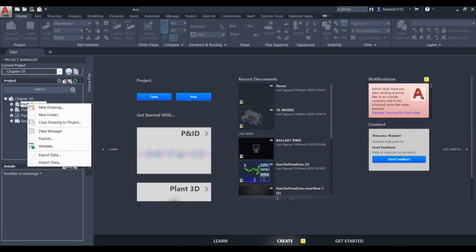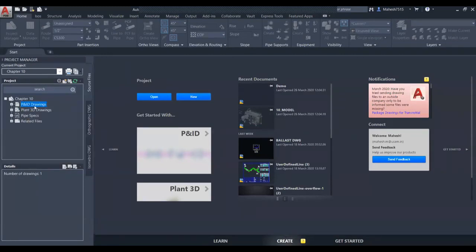So for creating a new drawing, I have to do it here only, not anywhere else. In case I'm going to put it in some other folder, I have to create it here, not in the Explorer actually. And removing a drawing as well as renaming a drawing has to be done in this interface itself.